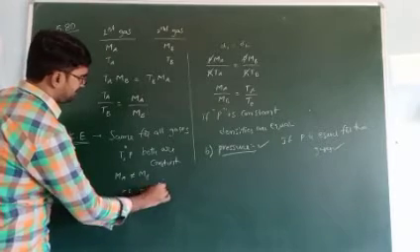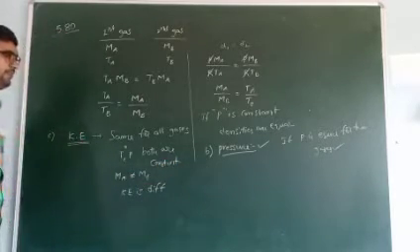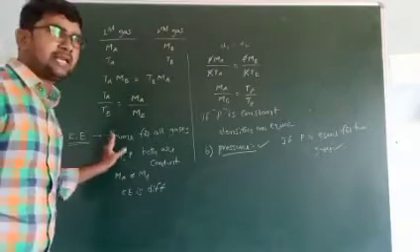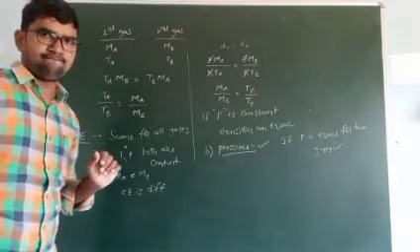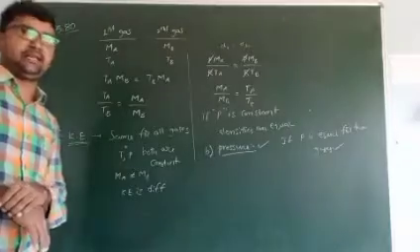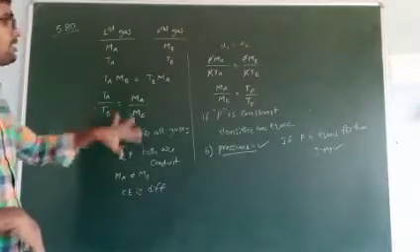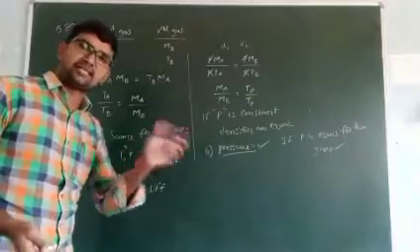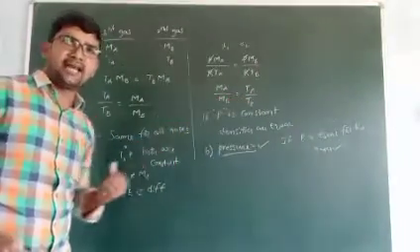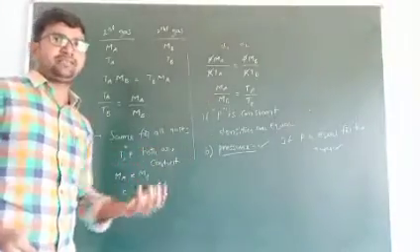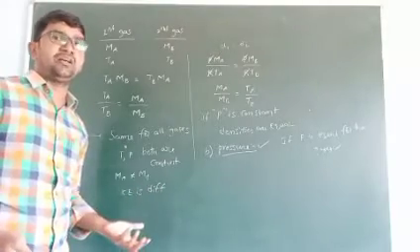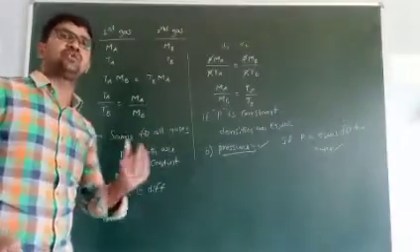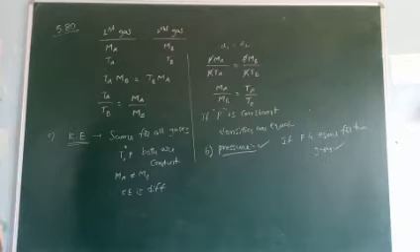Kinetic energy is different in this case. Generally, kinetic energy is the same for all gases if they contain the same content. But if molecular weights are different, kinetic energies are different. Hydrogen is a lighter gas, so it can move very fast, meaning kinetic energy is very high. But some gases, for example sulfur dioxide, have high molecular weight and move very slowly. That is the variation. Last one, RMS velocity.